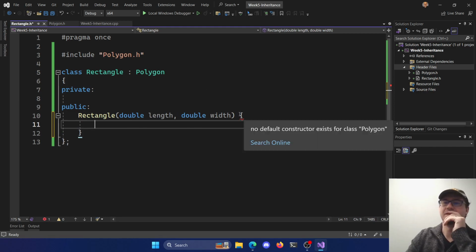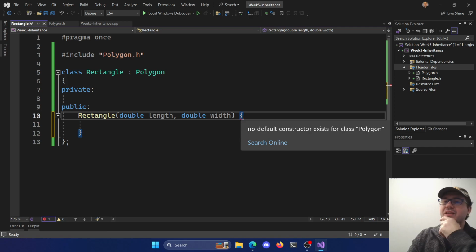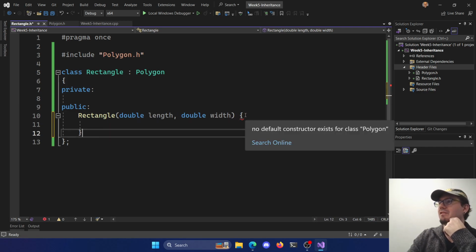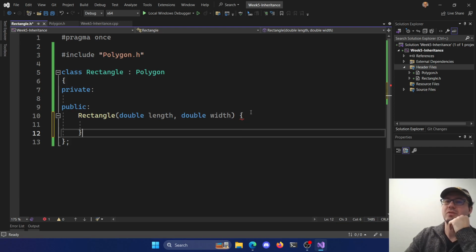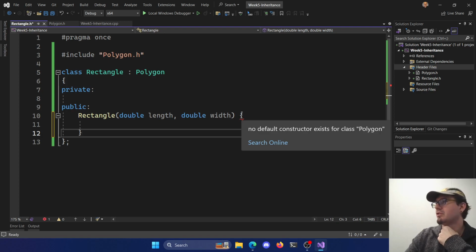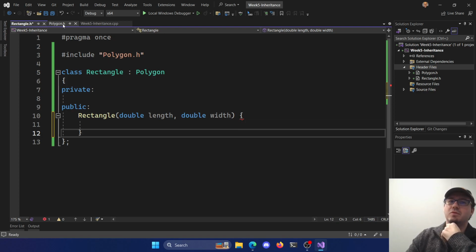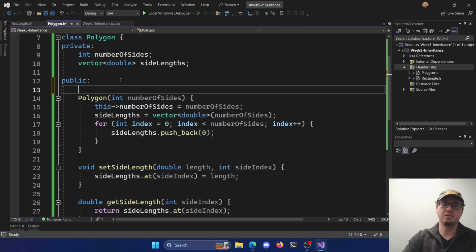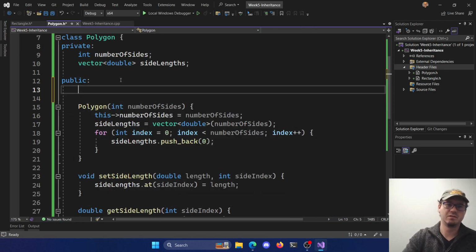And now it's telling me right away that no default constructor exists for class Polygon. As soon as I added my curly braces here, it's like, hey, you can't do this because you haven't called a constructor. By default, it's going to try and call a default constructor, a no-argument constructor. But one doesn't exist in Polygon, right? We don't have one. If we added one in here, if we just had Polygon,